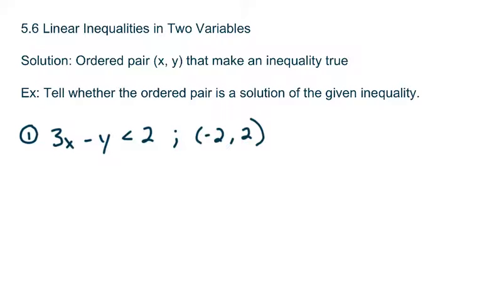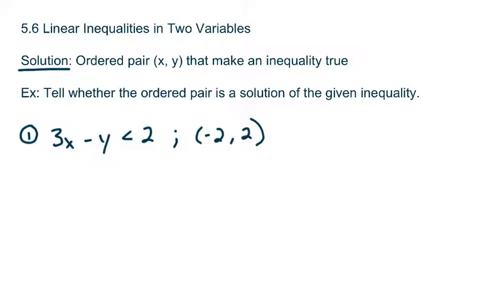Section 5.6, linear inequalities in two variables. We're going to start with a vocabulary term, and that term is solution. A solution is simply an ordered pair, x comma y, that makes an inequality true. So the first set of examples here, tell whether the ordered pair is a solution of